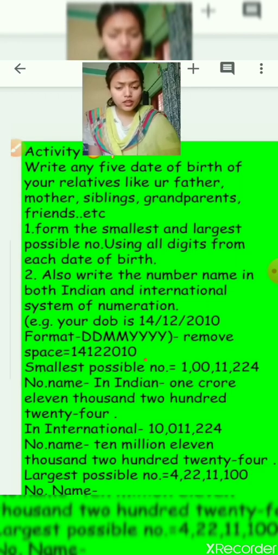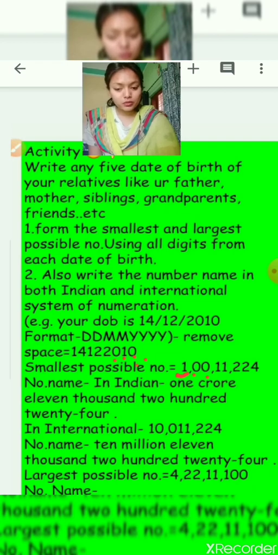0 is the smallest, but we don't write 0 in the first place because it will make no sense. So we will not put 0 in the first place. Let's take the other number. It is 1. So 1, then you can write 0. After 1 you can write 0, but before any number we will not write zeros. So what are the other two zeros? So two zeros I have taken.